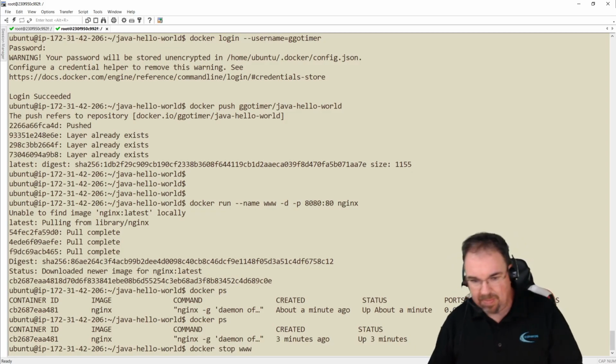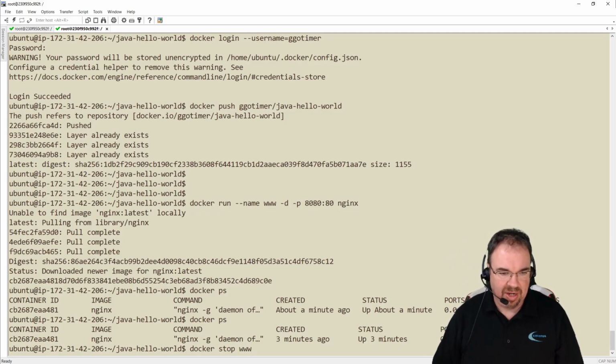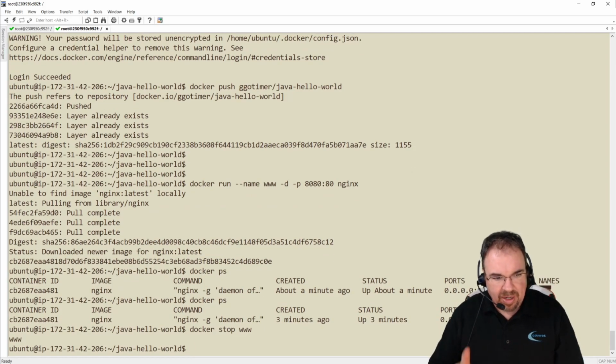Right? I know it's called www because I named it this time. I don't need to look up the name. I could do it with the container ID just like in the past. But I'm going to do one more thing. You notice it echoes back that it stopped it. I'm going to go ahead and do a Docker remove www, because in fact, before I do that, let's look at the Docker ps -a,